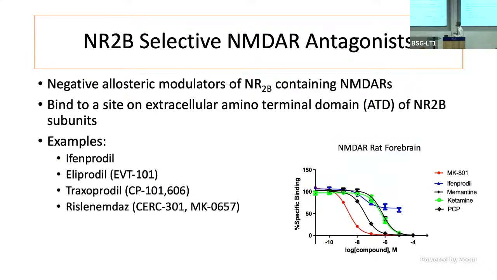All right. Most recently, my lab has become interested, and we're just dipping our foot in, in these NR2B selective NMDA receptor antagonists. These are really cool. They don't bind inside the channel. They bind at a different site, but they have the same end result, which is they inhibit the receptor. But they're able to target a specific subunit of NMDA receptors, the NR2B subunit. So they're selective for only certain NMDA receptors, okay?